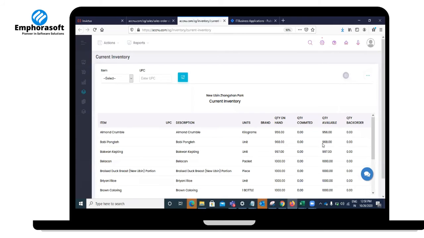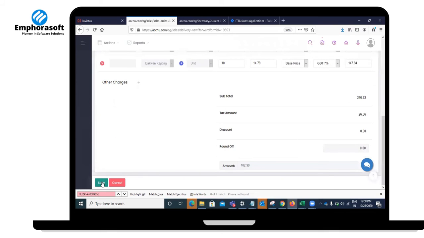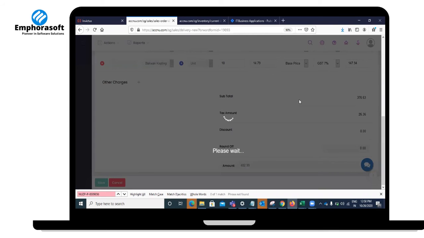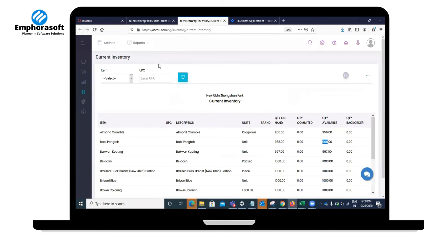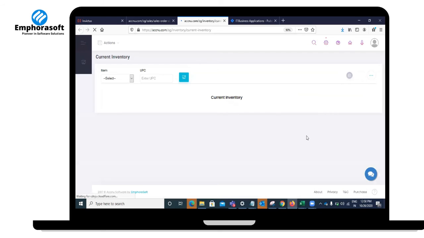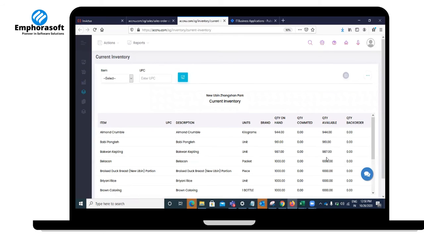So it should be 956, 968 and 997 before, and after the inventory deduction you can see it is 944, 961, 980 and 87.